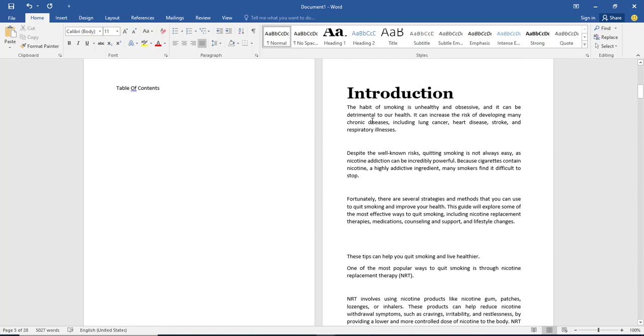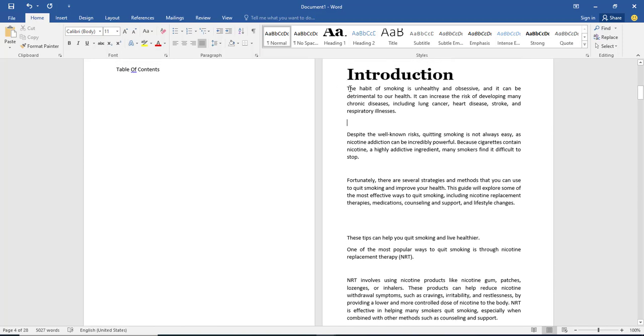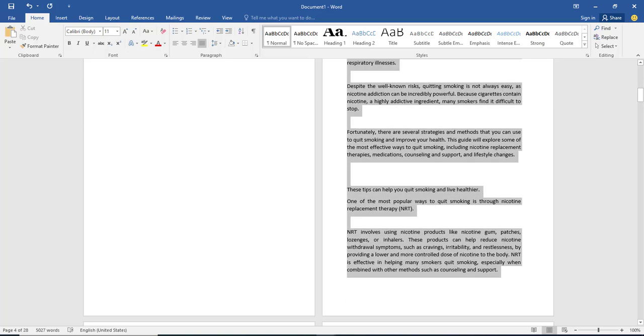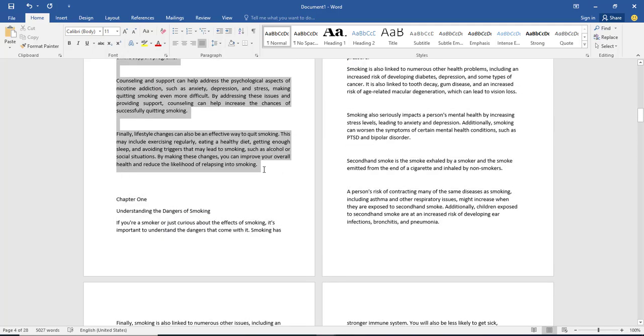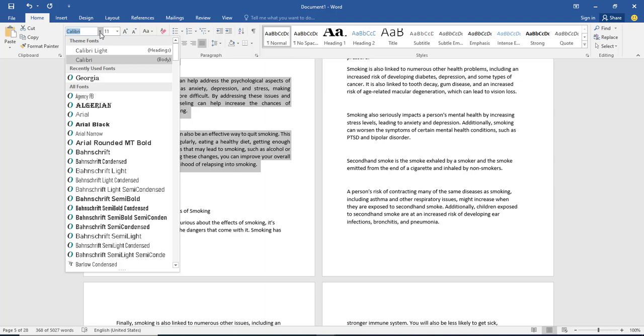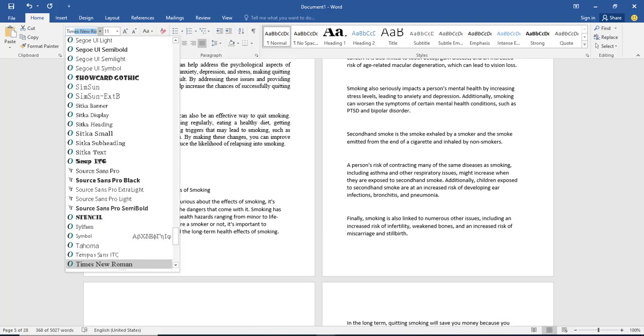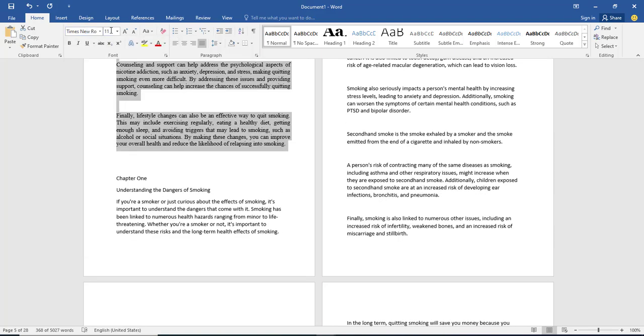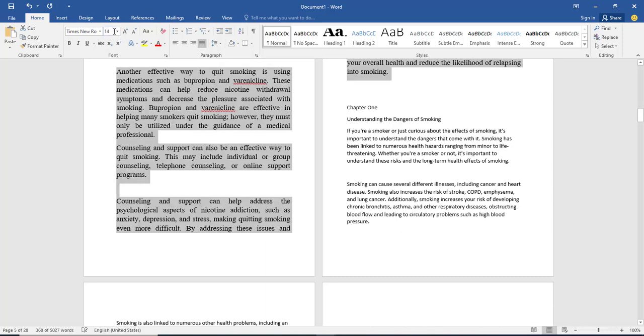This one looks professional and okay, but for this heading one introduction, I want to change the font type from Calibri to another font type. Let me come down here and change the font type to Times New Roman. Can you see it now? This is Times New Roman, and change the font size to 14. You can change it to 12, you can change it to 11, but I normally make use of 14